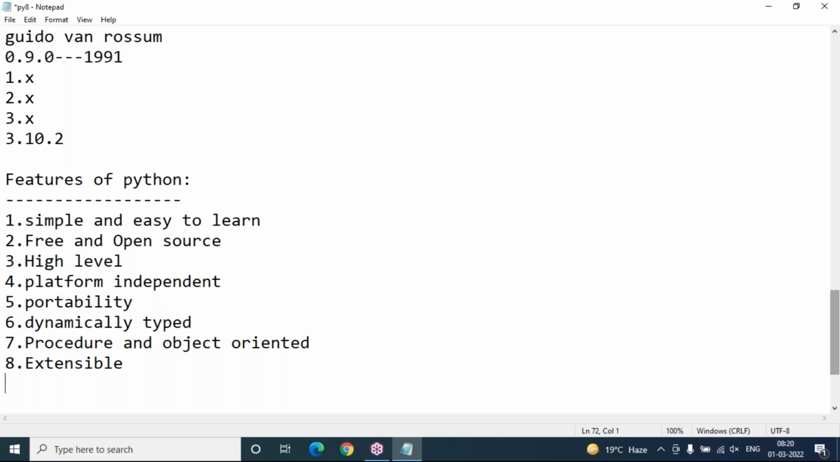And Python has huge standard libraries. Yes, it has extensive libraries. This is the reason Python became a popular language nowadays. Extensive library support, in the sense,